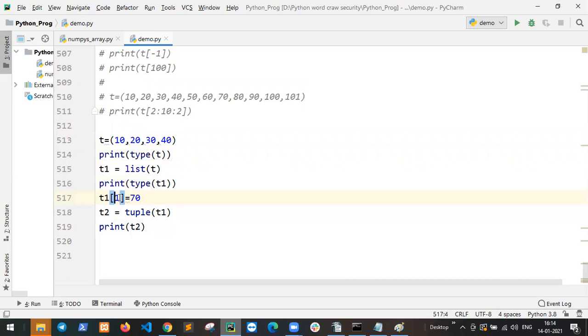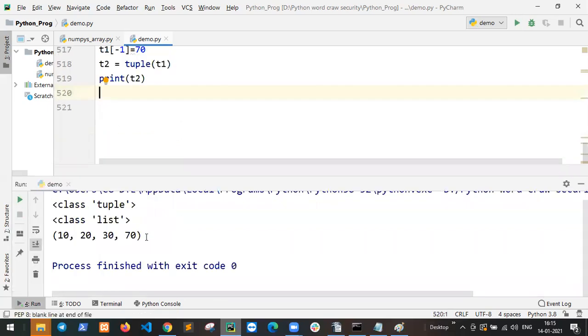If I say -1, the value is 70. Got it? Because tuple and list both support positive and negative indexes.